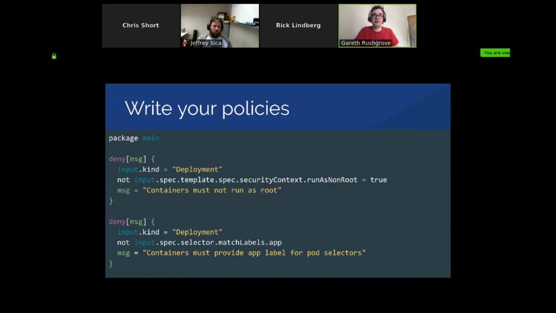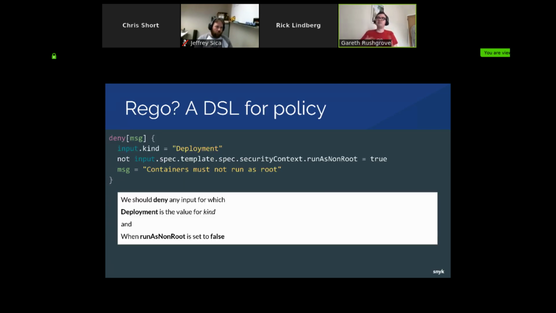Open Policy Agent allows us to write policies in this language, the Rego language. So obviously, it's a new programming language, new to lots of people. What does that actually mean? Taking this policy, what we're saying here is,